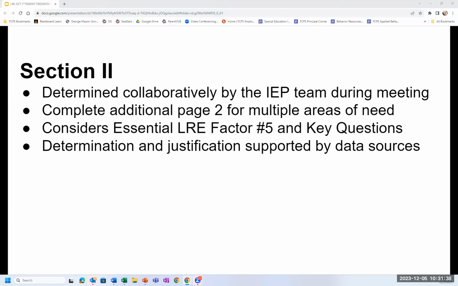This form can be duplicated to tailor it to those students' areas of need. In section 2, we consider essential LRE factor number 5 and key questions. And then we have that determination and justification, which is supported by data sources.